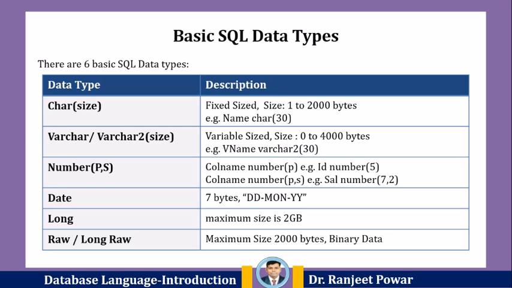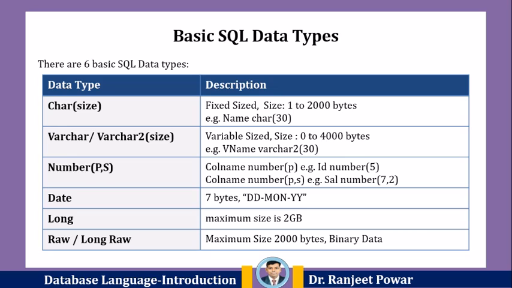The next type is numeric. The number type can store positive numbers, negative numbers, zeros, fixed point numbers, and floating point numbers within the precision of 38. The maximum precision value is 38. For example, the column name number in brackets P comma S, for example sal number(7,2), where P is the precision